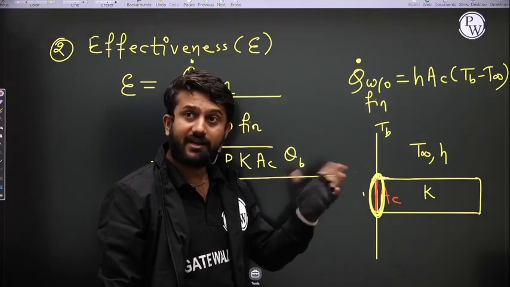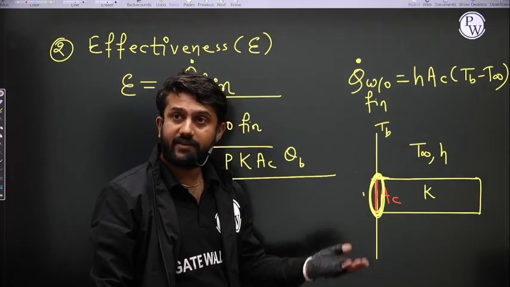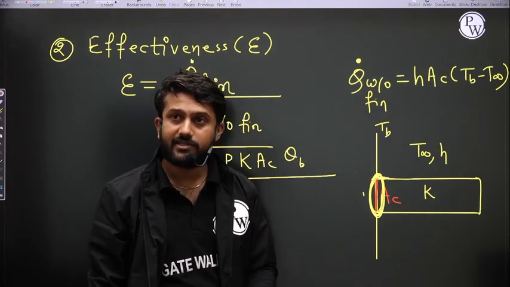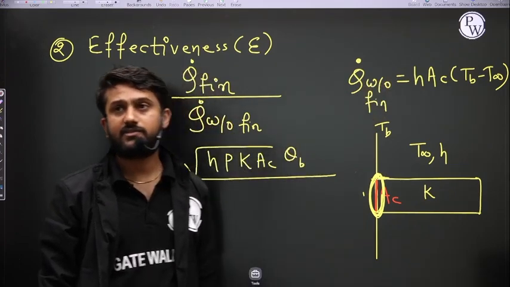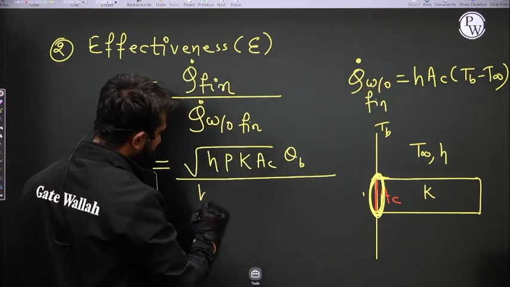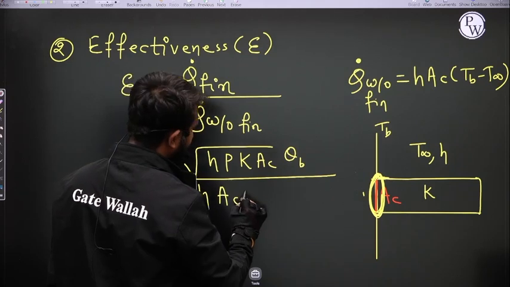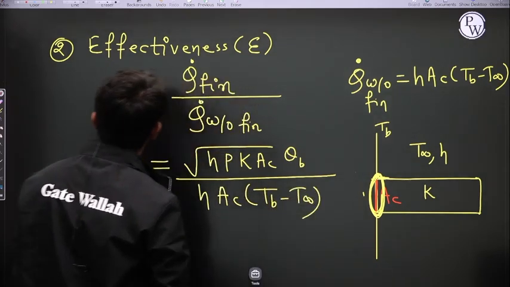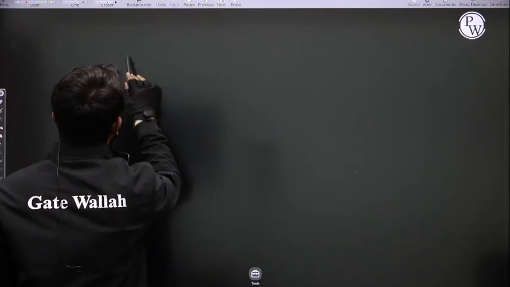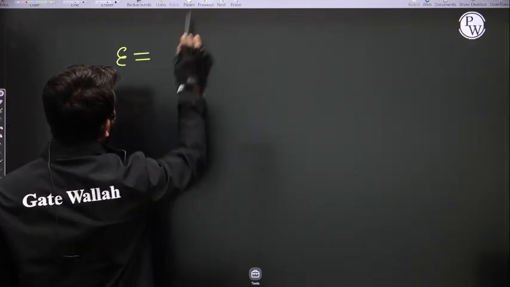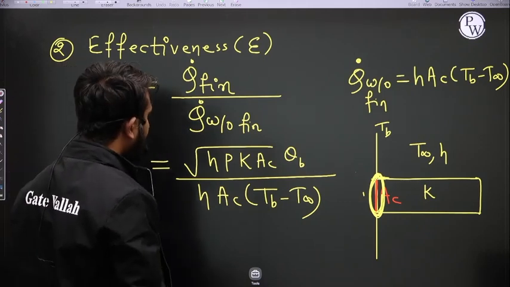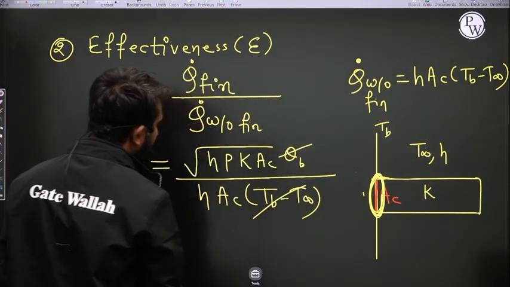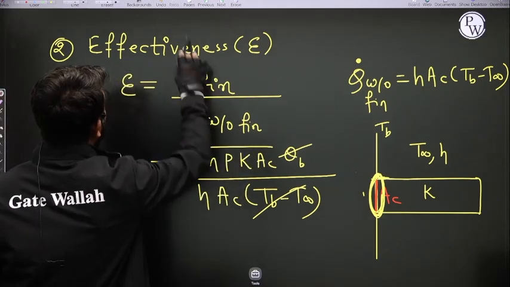From where the convection occurs, that is the AC. What is the convective heat transfer coefficient, that is h. What is the base temperature, T_b, and what is the ambient temperature, that is T infinity. So the rate of heat transfer without fin is h A_c (T_b minus T infinity), right? So ultimately what you are getting is the effectiveness, and this theta_b and this T_b minus T infinity cancel out. Okay, now